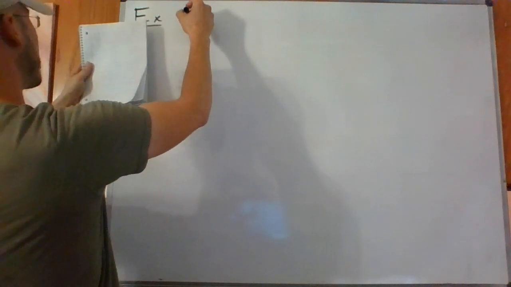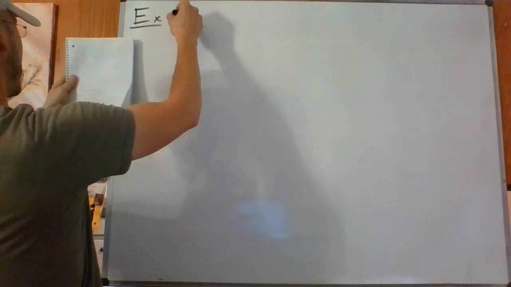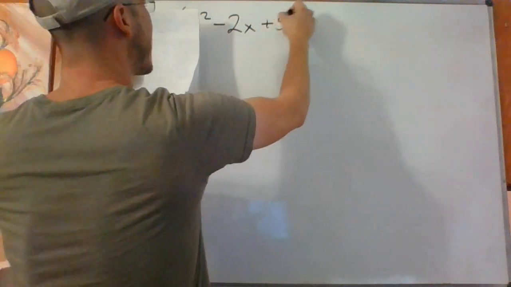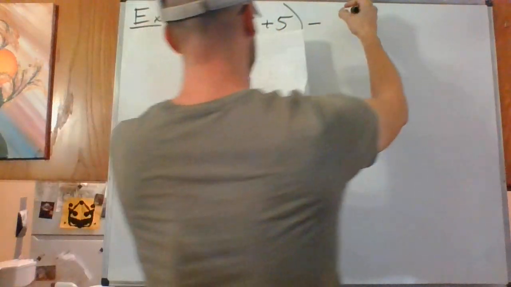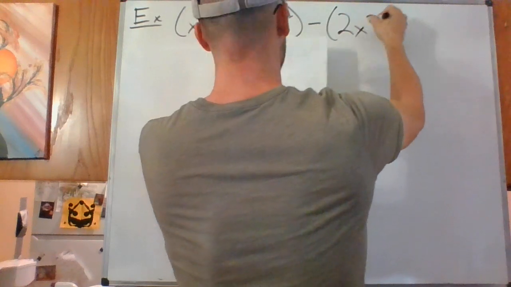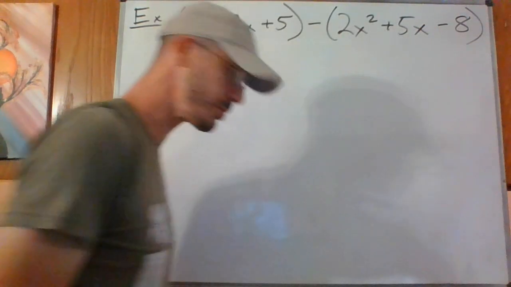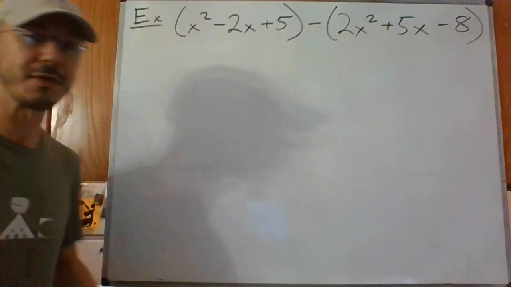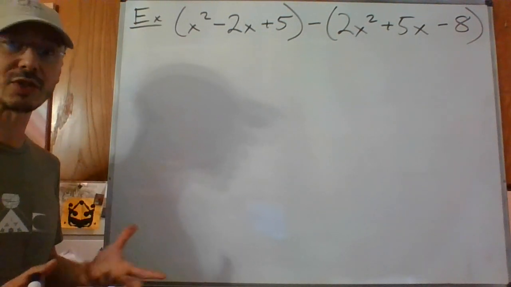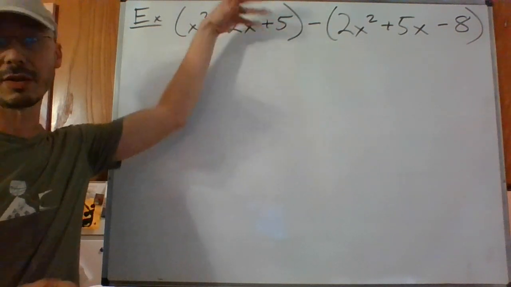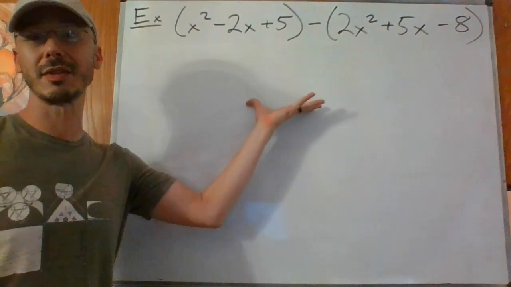So, different example. Let's next look at x squared minus 2x plus 5 minus 2x squared plus 5x minus 8. And a safe and efficient way to do this is to rewrite this expression, the whole thing, without the